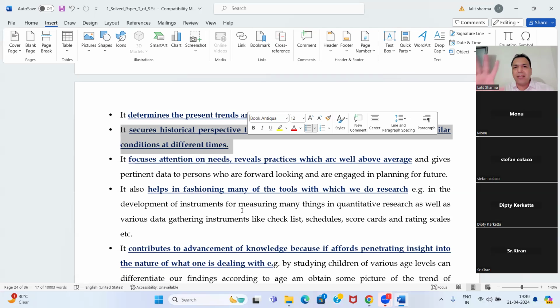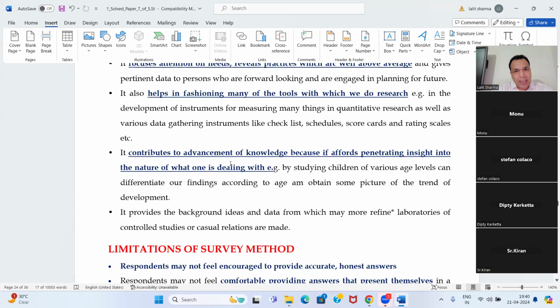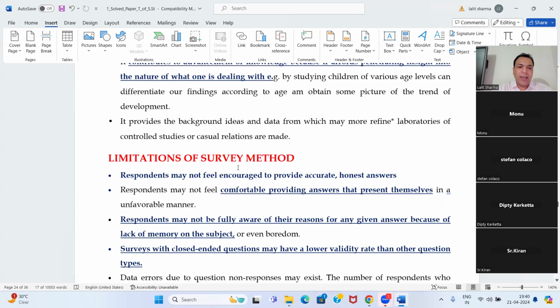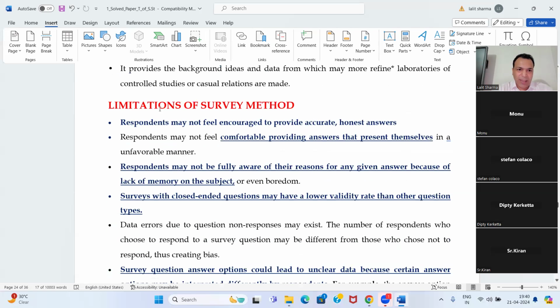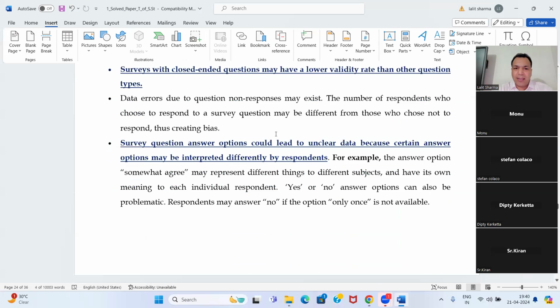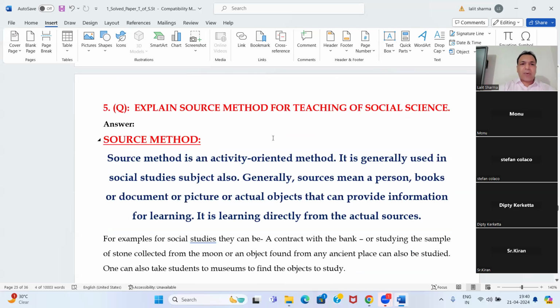Basically ये 7 ही steps होते हैं किसी भी रिसर्च के, किसी भी प्रॉब्लम के. ओके, तो ये स्टेप्स ही हैं सर्वे मेथड के. बाकियों के भी रिसर्च में भी यही होते हैं बेसिकली. ये कुछ एक लिमिटेशंस हैं, ये आप देख लेना, ठीक है गाइज. ओके, नेक्स्ट एक क्वेश्चन करते हैं.